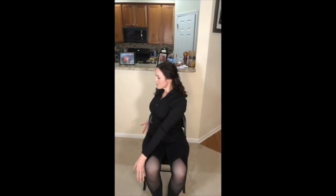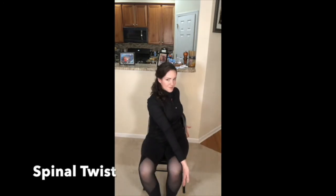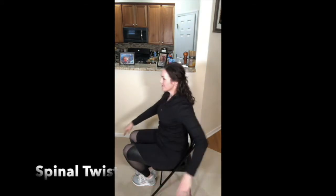So in this exercise, all you're going to do, take your hand, come back behind your chair, take your front arm and just kind of pivot it right next to the side of your leg to help give yourself just a little extra torque so that you can keep your chest tall, your spine long, and just get that nice stretch throughout your midsection. Again, focusing on relaxing your shoulders down, making sure that you're breathing the whole time, and sitting into the stretch until you feel just a little bit of a release from the exercise or stretch that